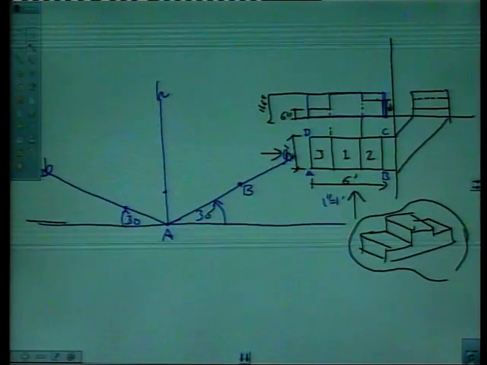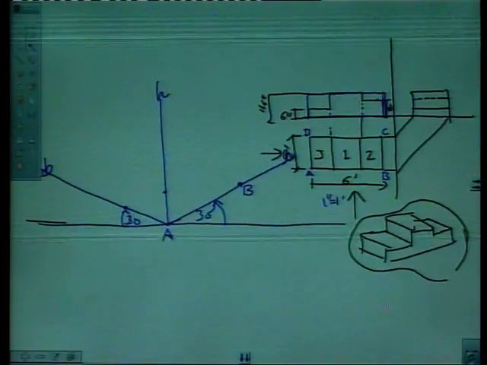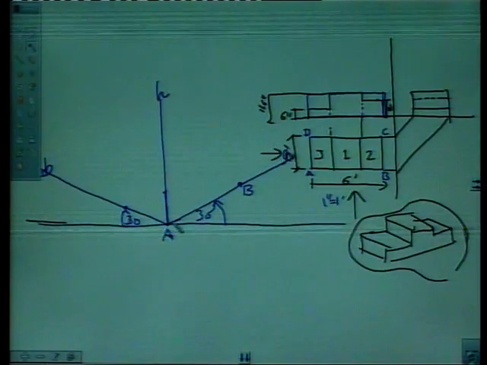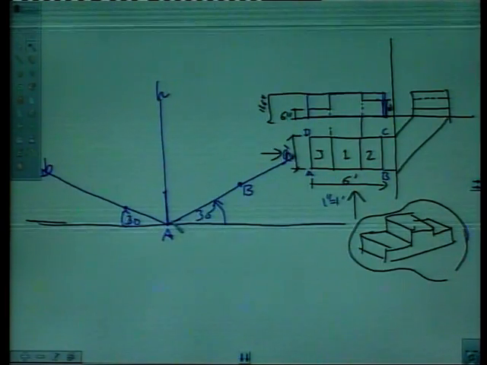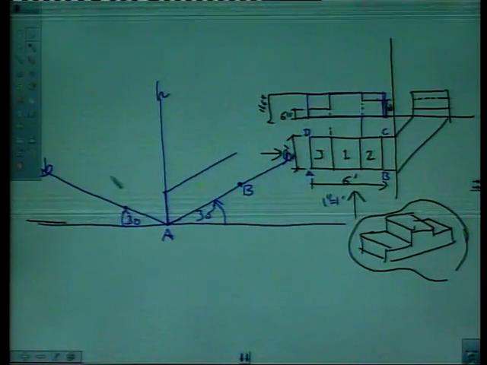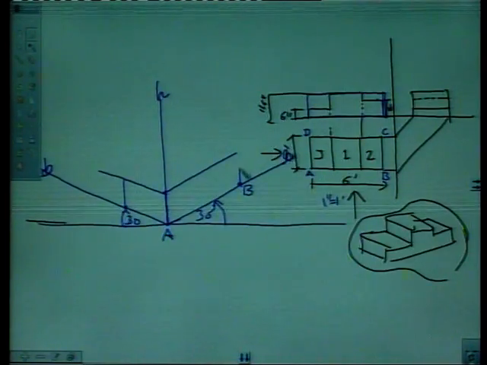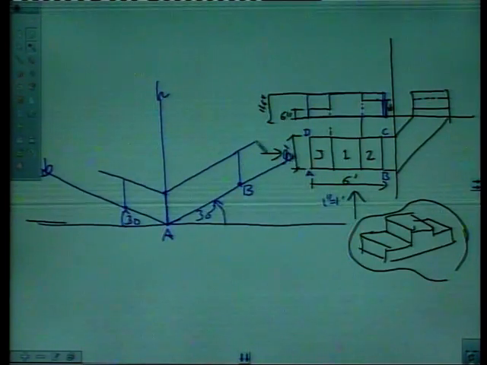We have 3 edges of the cuboid. From these 3 edges, we can quickly complete the box, parallel line, parallel line, vertical line, right? Again parallel